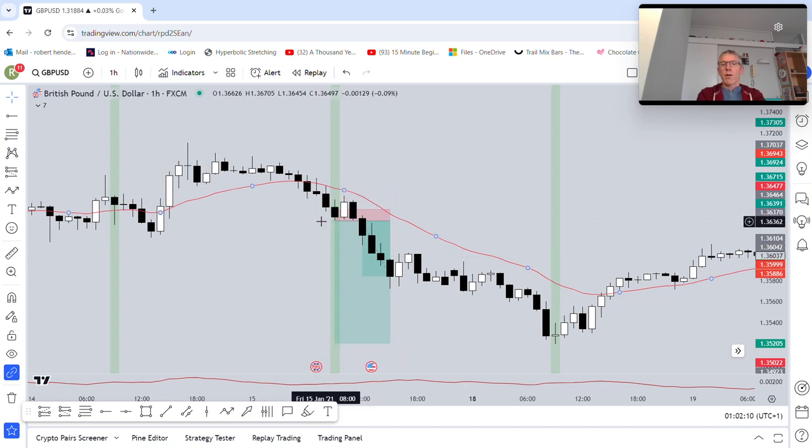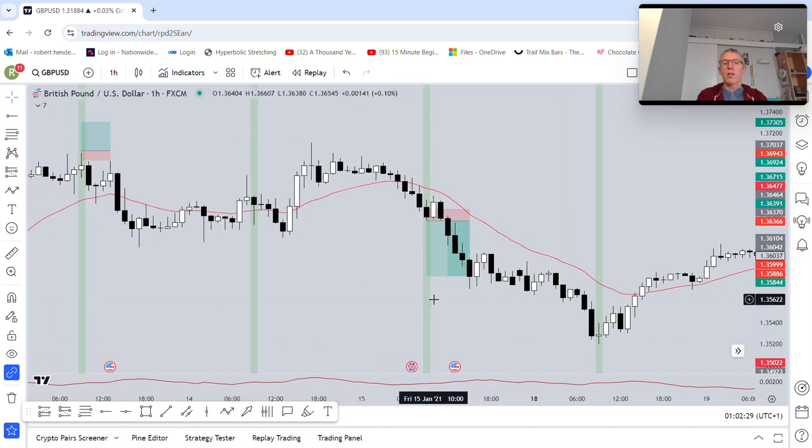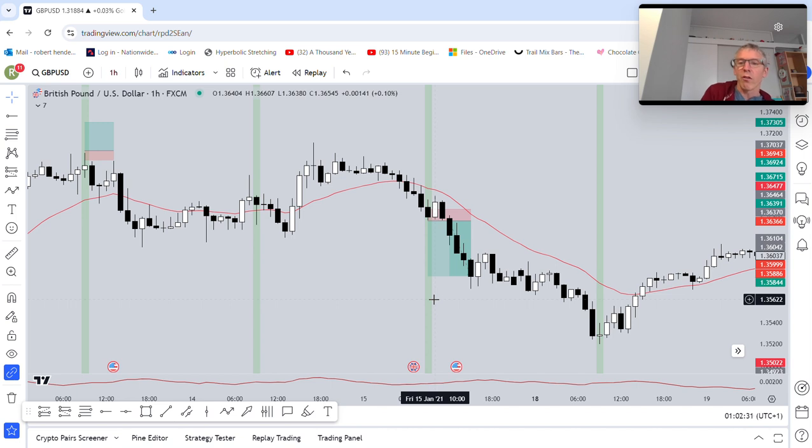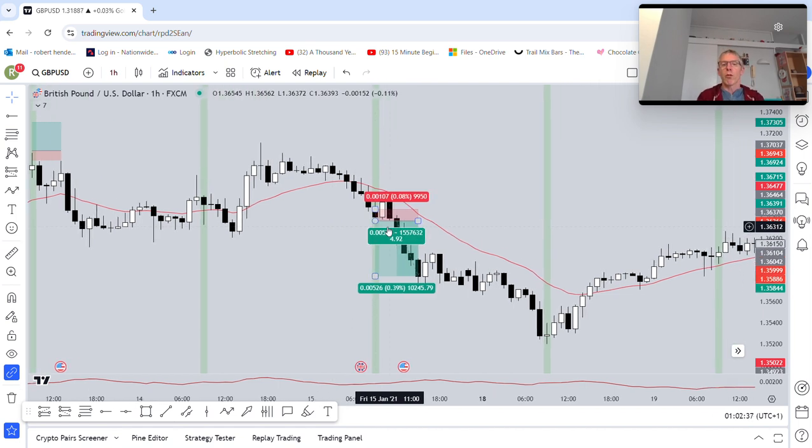So, and this one here again, if your entry is just below the low of the candle, you wouldn't have been tagged in and you wouldn't have lost, because this one goes straight up and then it comes on down, and you get tagged in on this candle and that would be a lovely win. So, I mean, it's definitely something to look into. It's a simple concept and just a few little tweaks like this, you could cipher out